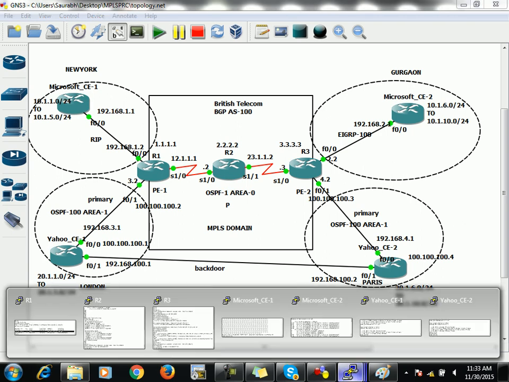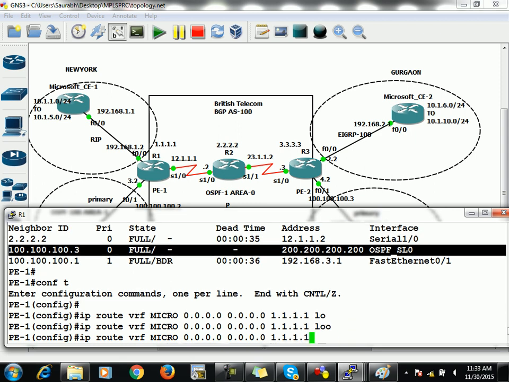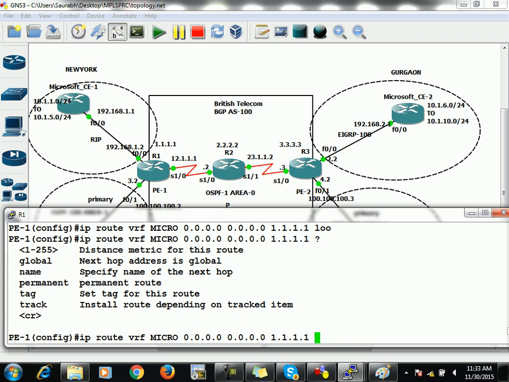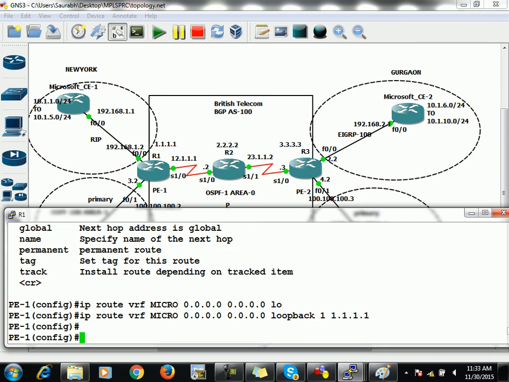So what can we do? We could do one thing on P1 itself: an IP route inside the VRF. Inside the VRF, which one? Micro, that is what? 0.0.0.0, right? And the next hop address is, let's say, 1.1.1.1, or you say loopback 1, and the next hop address is what? That's it. Now we have configured a default route that is pointing to the global routing table of P1 itself,